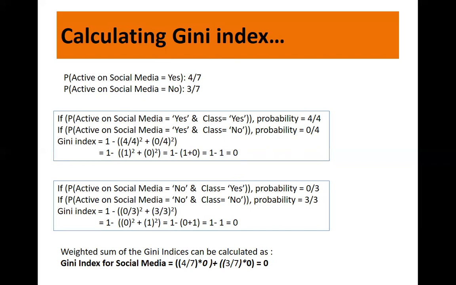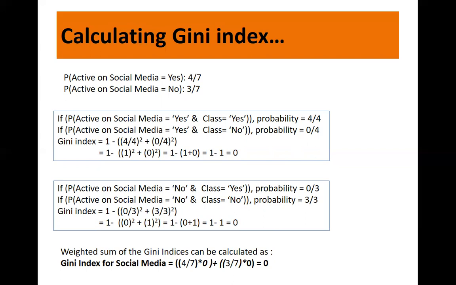In case of Gini index, what do we select? We select the attribute with minimum Gini index for splitting. So here minimum Gini index is there for the social media attribute as compared to the age attribute. Even when we calculated the information gain, in case of information gain we select the attribute which has more information gain. If you scroll back and look at the previous slides, the information gain for social media was more as compared to the age attribute. So I hope Gini index, entropy, and information gain are clear.